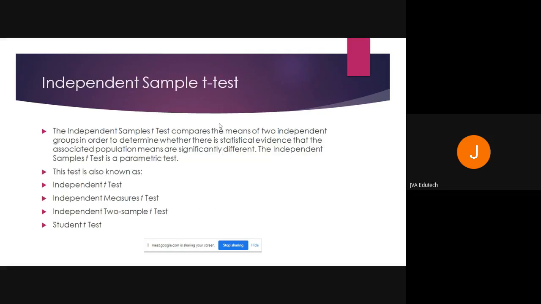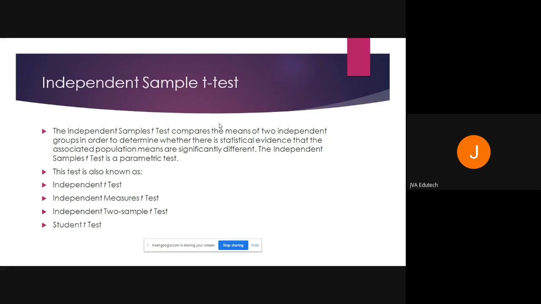Then we basically have three kinds of t-test, and they all come under one heading that is known as mean comparison. So mean comparison contains t-test and one-way ANOVA. And again, this t-test is of three types. That is one sample t-test, when you want to test your sample against your population. Then we have independent sample t-test, where you want to measure your observations on your sample, where the sample has been divided into two categories, and these two categories do not have any relation to each other. They are mutually exclusive of each other.